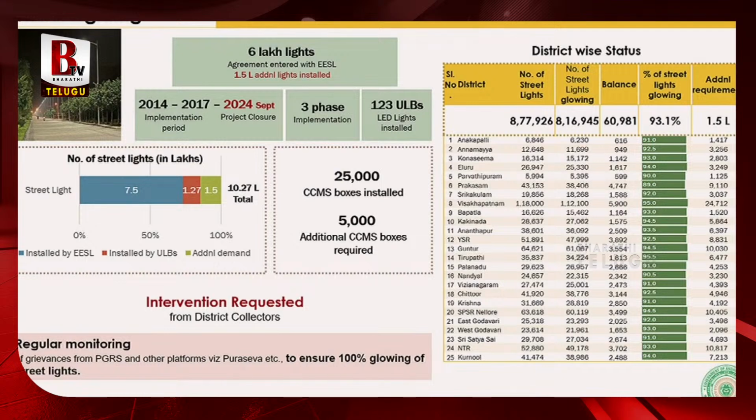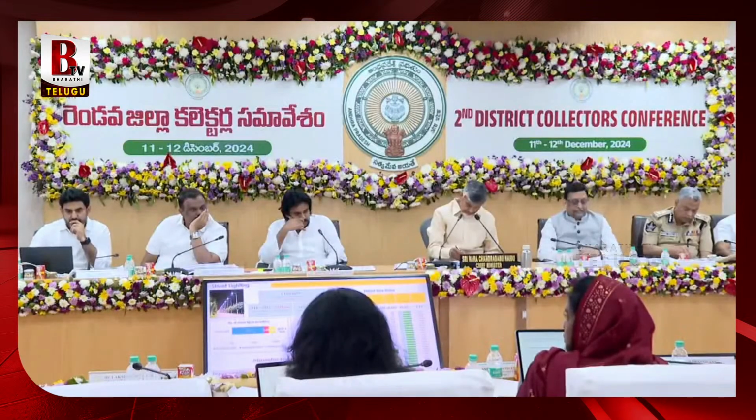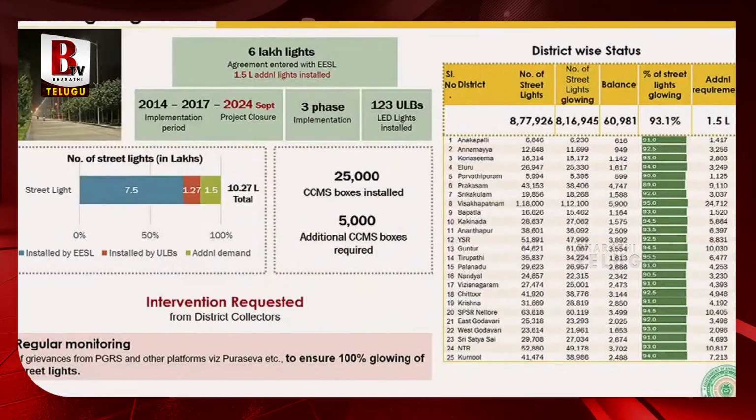Ensure that they are attended to on time, and we're also trying to see that it is professionally outsourced so that we don't have any issue in terms of maintenance of the street lights. And the CCMS boxes also for monitoring light-wise functioning. We require the positioning of CCMS boxes on saturation basis. We require additional some 5,000 odd CCMS boxes. When we go for the professional outsourcing of this activity, we'll ensure that additional CCMS boxes are also positioned, and through the dashboard we'll be able to monitor the functioning of each and every light as has been done in the